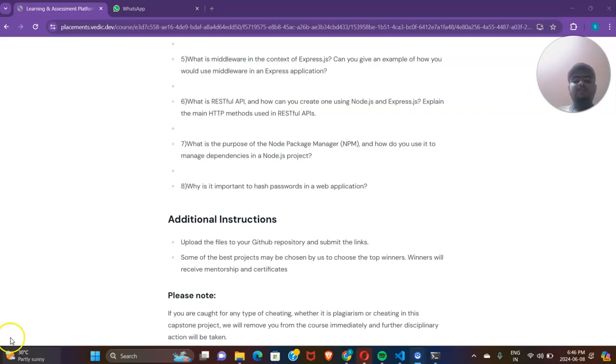For example, in a RESTful API built with Node.js and Express.js, we would use the GET method to retrieve data, the POST method to create new data, the PUT method to update existing data, and the DELETE method to delete the data.